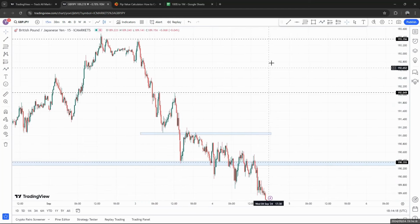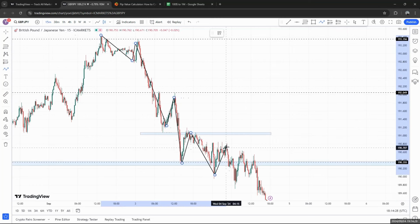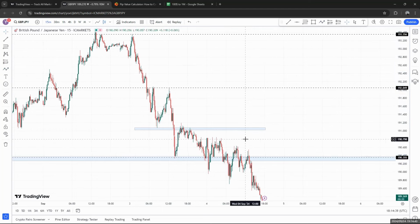very early in the morning, I saw that the market had really moved down a bit, and it's giving us lower lows, lower highs, lower lows, lower highs, and now we have a new lower high. And as of the time I got up, the market broke right above. So I would have thought that the market was going back up, right? So at the time, had I had this